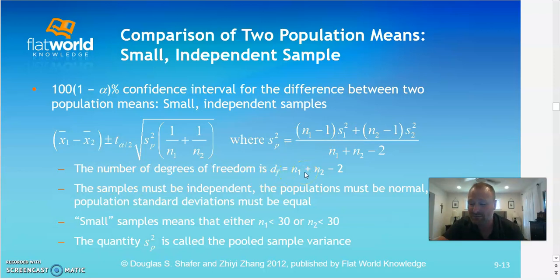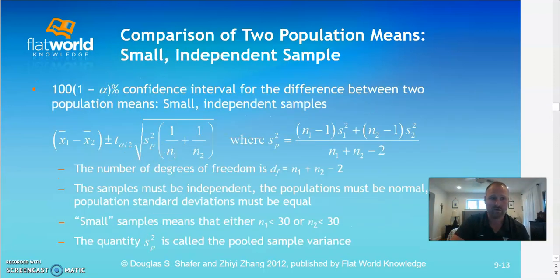So the degrees of freedom for something like this, typically you would go ahead and subtract one if you're doing an individual sample. But right now, since we're comparing two samples, our degrees of freedom is we add the sample sizes together and we subtract 2 from that. And you remember, small means it's going to be less than 30, okay? So we have a couple new formulas here that we have to remember and know that this only falls for small independent samples,